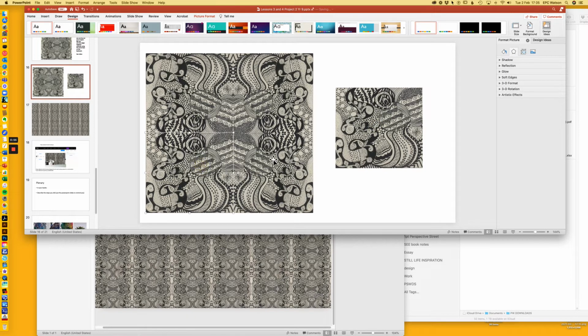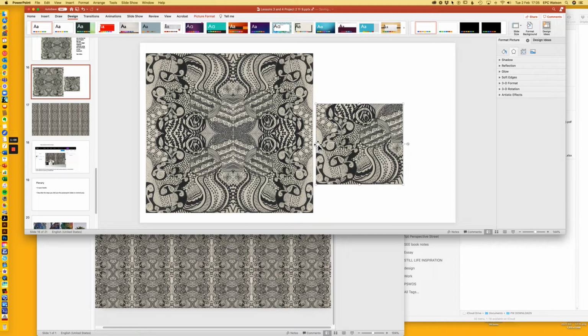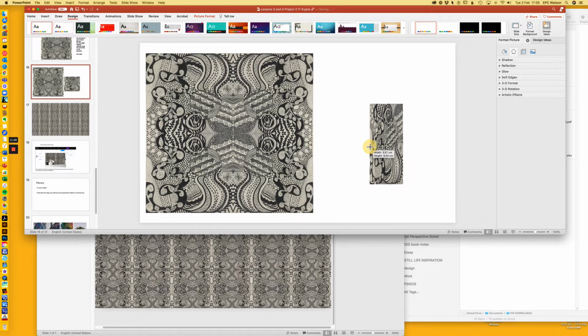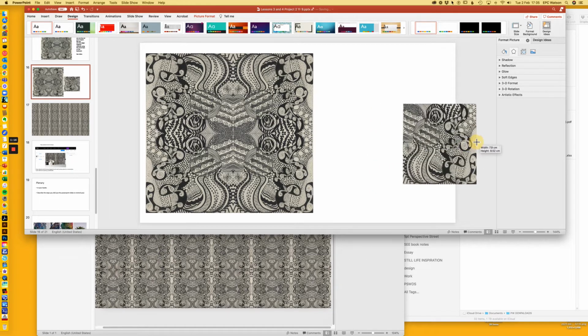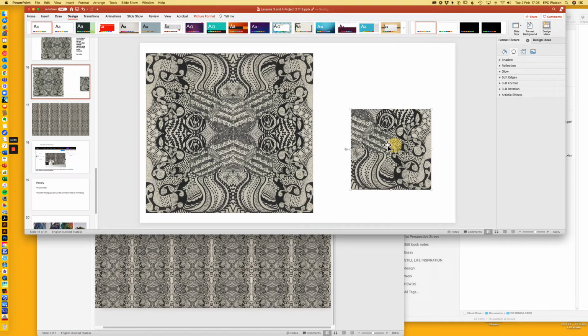So you can see that I've actually put these four together here. Now there isn't a way of flipping it horizontal or vertical like we did in Pixlr. There isn't a way of doing that in PowerPoint, so it's a little bit risky because you're going to get bent out of shape a bit. When you go like this, I'm basically dragging it over to the other side, and I don't really know exactly how big it was supposed to be, but as long as the four that make up the tile are copies of this, so now we just press